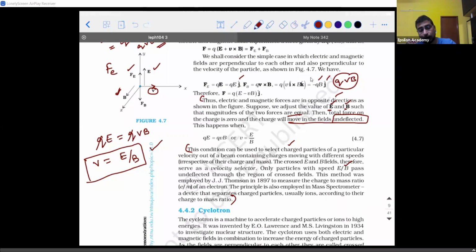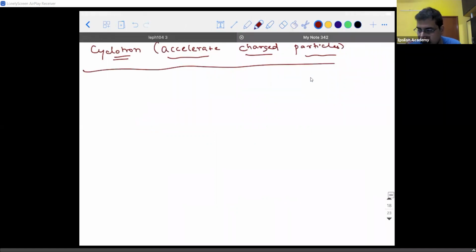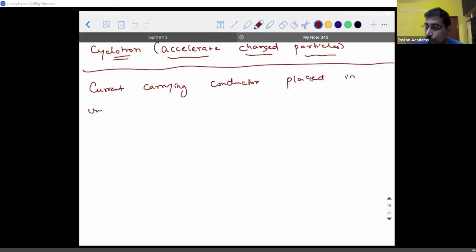So with this, one major topic is over. We have seen all the combinations of possibilities of a charged particle moving in a magnetic field. Now, the next topic that we need to see is, what will happen if you place, so write down the next topic: current carrying conductor placed in uniform magnetic field. So when you take a current carrying conductor and place it in a uniform magnetic field, what is